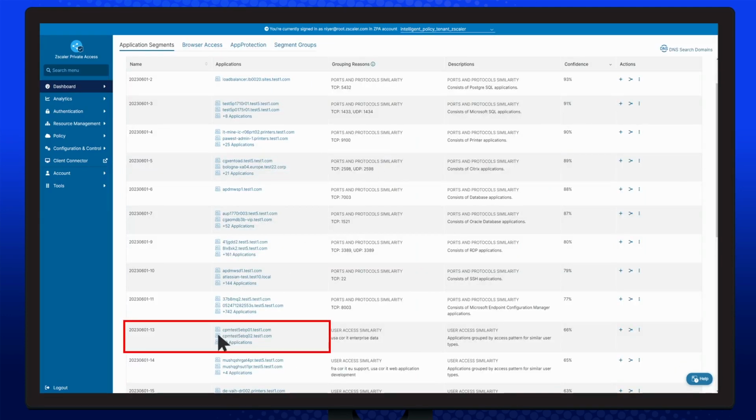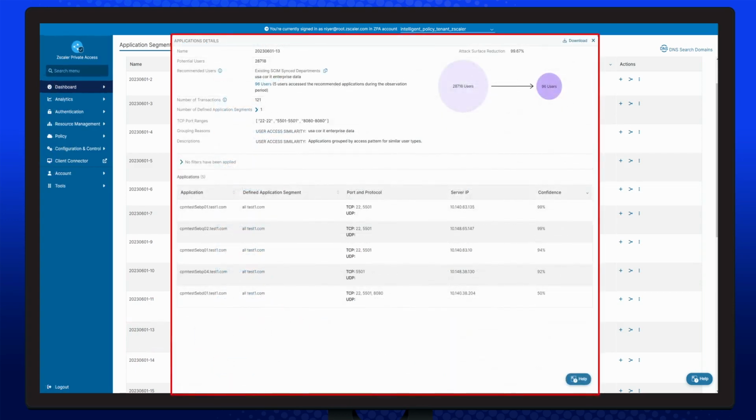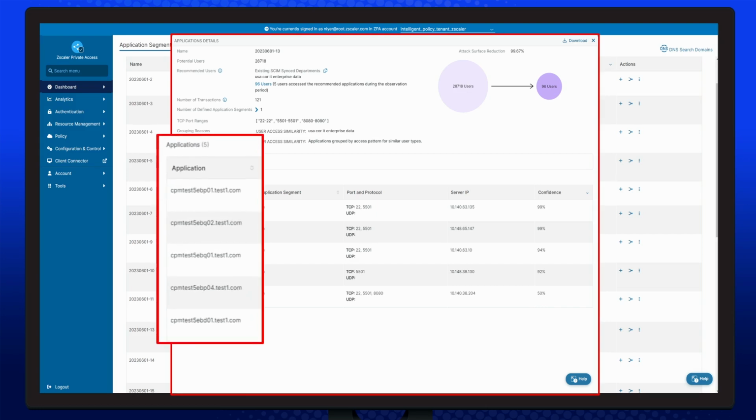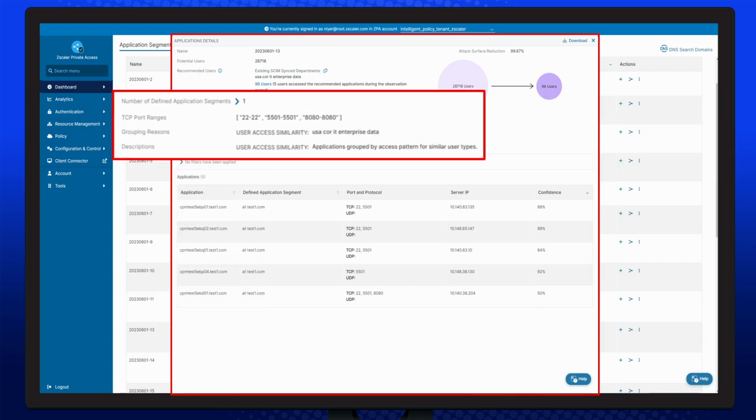Now, if we pick an example of this application here that we have seen cluster, which has similarity in terms of the ports that are being used and the application pattern, or same homogeneous set of users who are accessing it, we can give you a recommendation where we can say, here is a set of applications that are exhibiting common set of traits. One of them is the corporate IT users who are accessing that application,